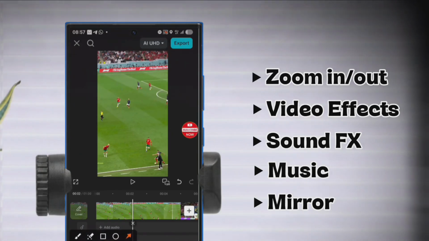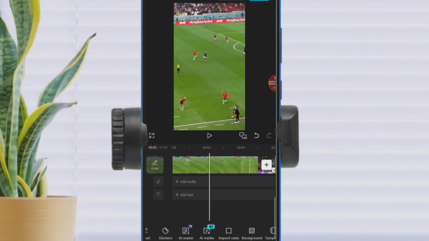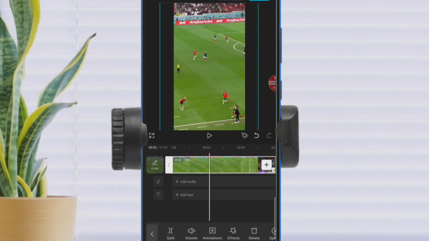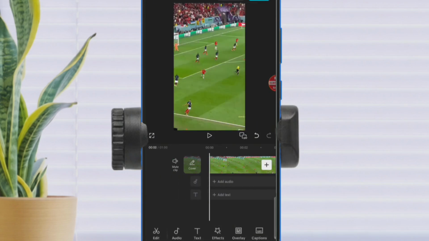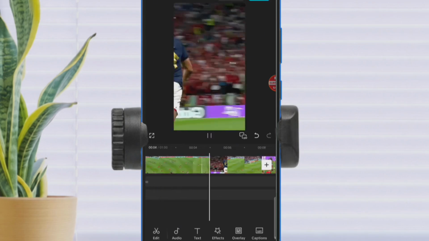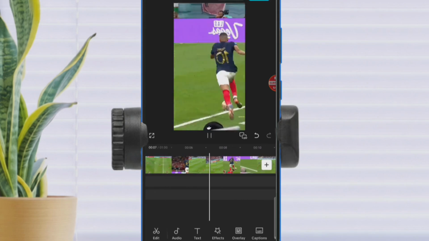So now that you've zoomed out the video to occupy all of the 9:16 interface, the next thing which you want to do is to go down to this menu here after selecting the clip, right? Select the clip and you want to scroll to the right hand side. You are going to see a section that says transform. Okay, click on that. Then select mirror. Okay, that means the video has now been mirrored. Okay, you have Mbappe going through the left before, but now is going through the right.